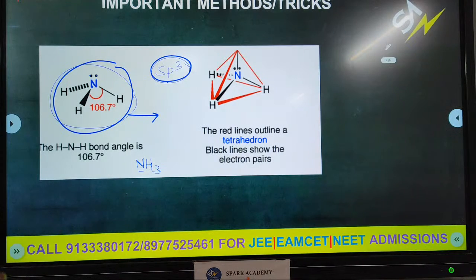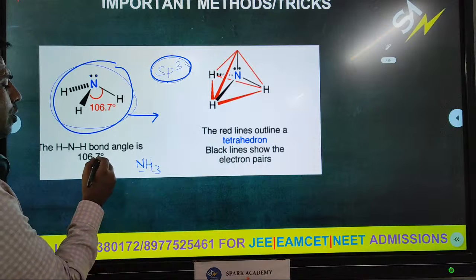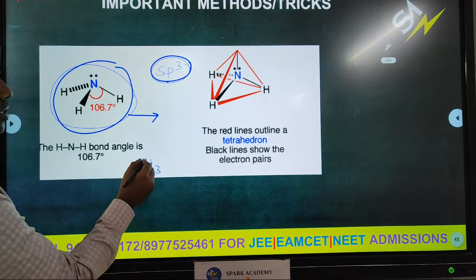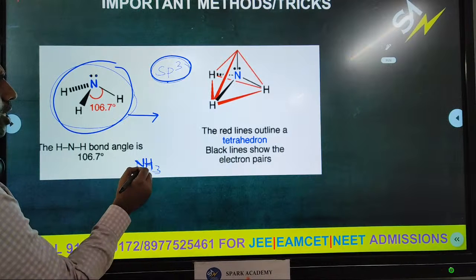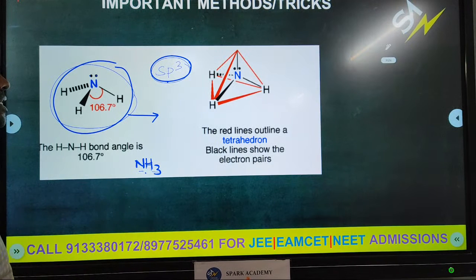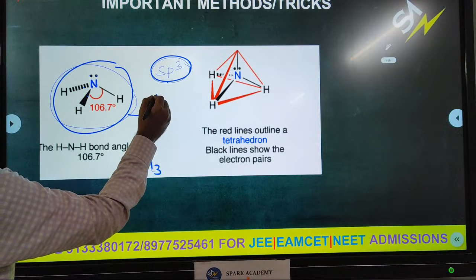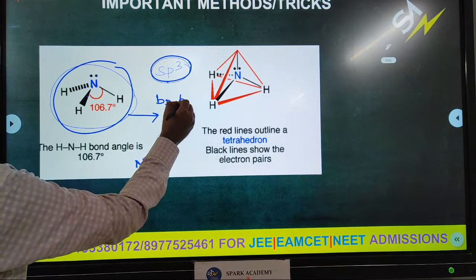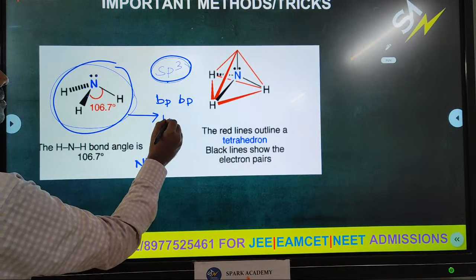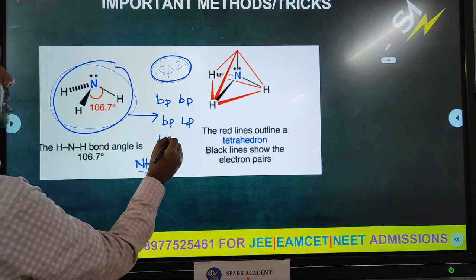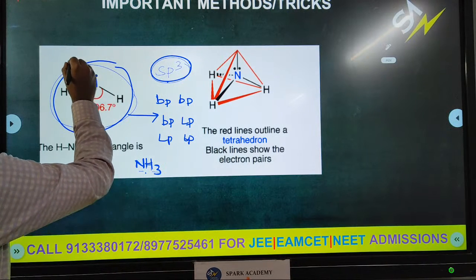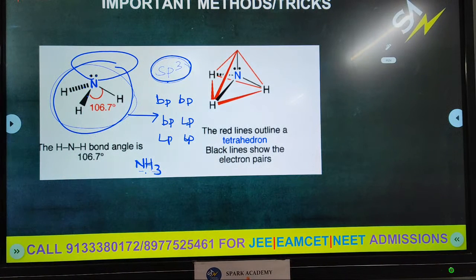Now ammonia has sp3 hybridization, but what about its geometry? Its geometry is not tetrahedral. Its geometry here is pyramidal. This is explained by VSEPR theory. Why? Because here there is bond pair repulsion, BP-BP. There is also bond pair lone pair repulsion, and lone pair repulsion, and the lone pair occupies more space in the molecule. So due to this reason,